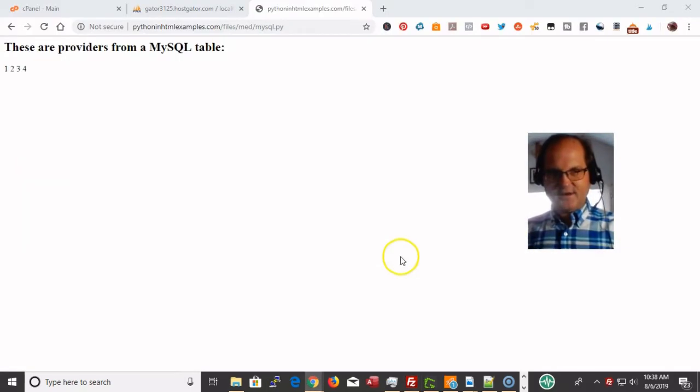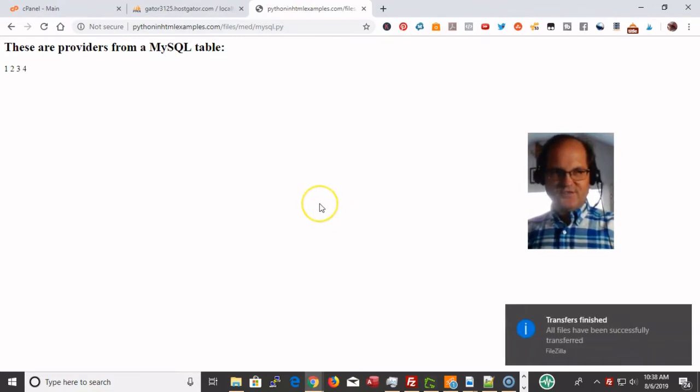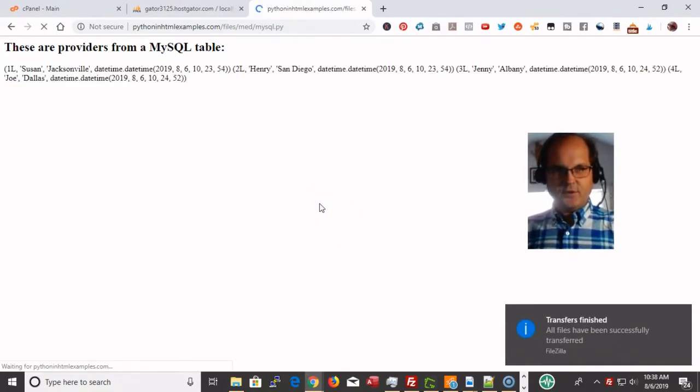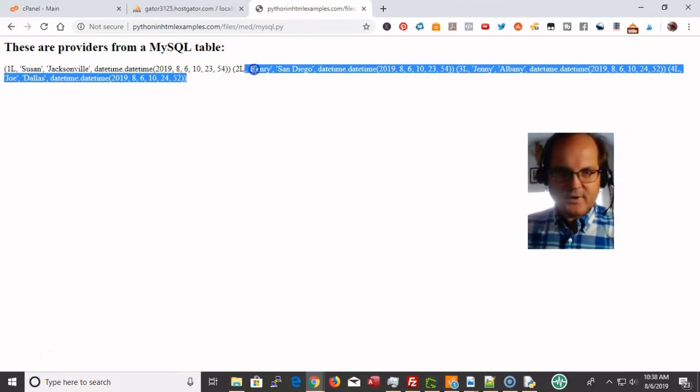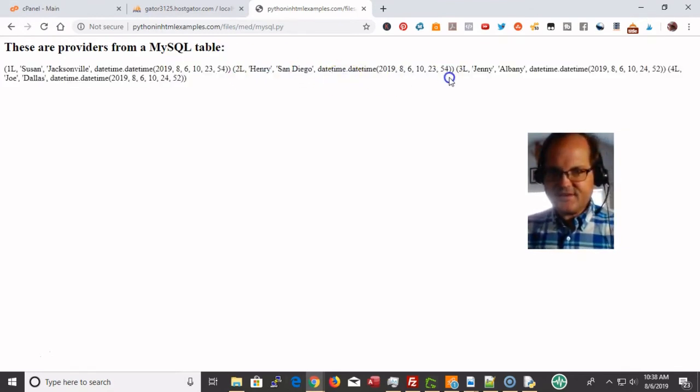We don't have to keep setting it all the time. We've already set it one time, so it stays. So here we have an array, 1L, 2L, and date time. Okay, so pretty much we're taking the providers out of that table. It's not real pretty right now, but we're taking the providers from that table and outputting it